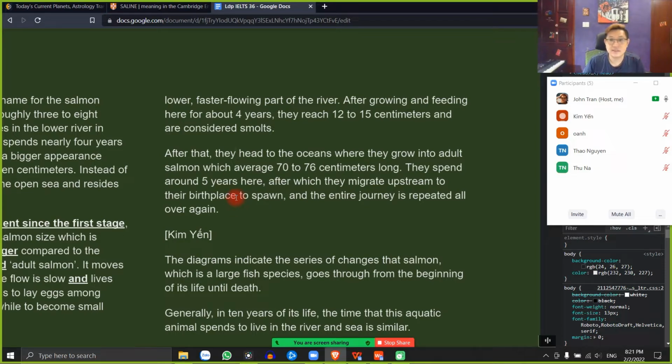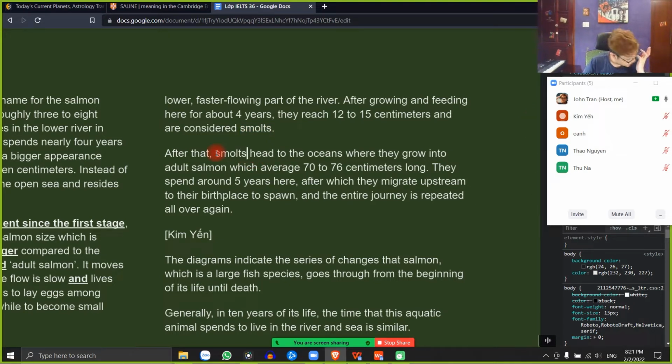Okay, because you are starting a new paragraph here, so let's not try to refer to something that has been said before in the previous paragraphs. Okay, let's just use the word smoked. Tại vì mình viết thành một cái đoạn khác rồi, nó tách đoạn ra rồi, cho nên không nên dùng cái từ they đó để mà nhắc lại những cái gì được nói trước đó nữa. Nó phải rõ ràng câu đầu tiên này. Things has to be very clear in the leading sentence, you know, so don't try to refer to something that has been said before. Cái câu đầu tiên phải rõ ràng nha, cho nên tránh refer lại những cái được nói ở trước đó, mà dùng thẳng cái từ đó luôn.